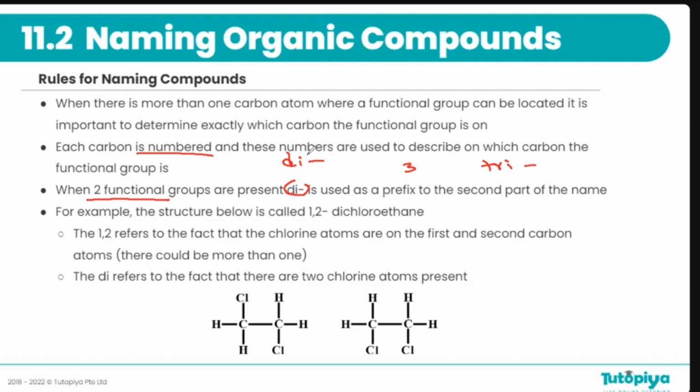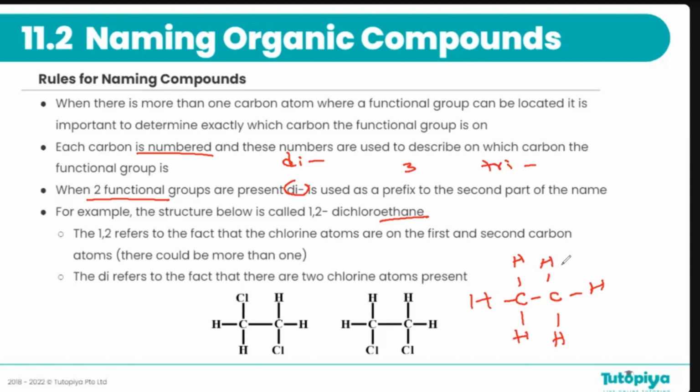Now, just to understand this better, let's look at this example. We are going to draw 1,2-dichloroethane. Now, first let's focus on what we already know. We know what ethane is. Ethane is 2 carbons with only single bonds. So just a regular ethane would look like this. Now there's some additional information, right? It says